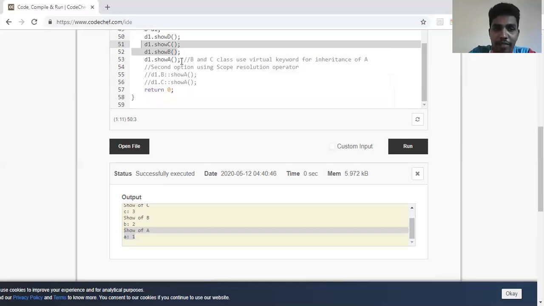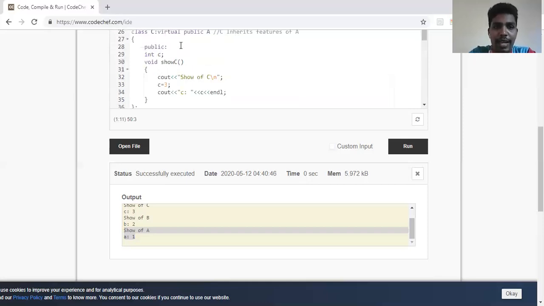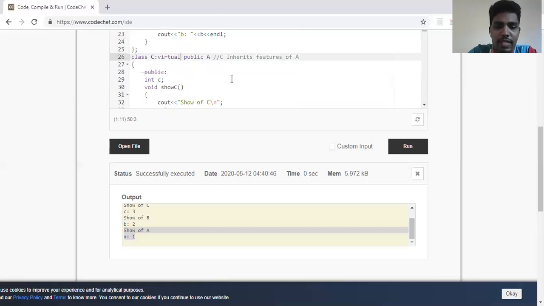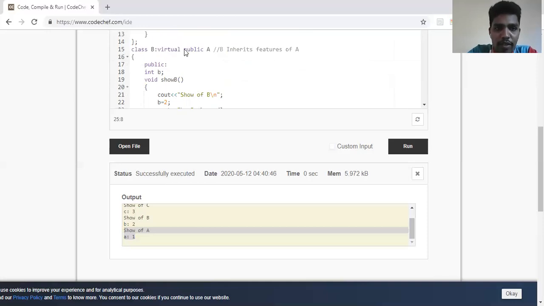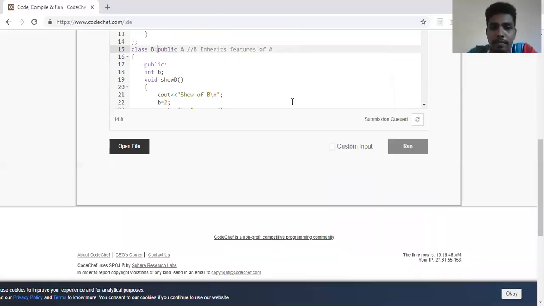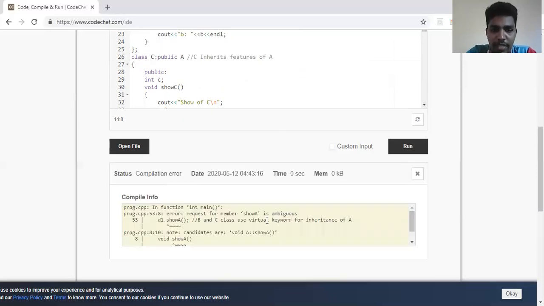Now we'll see, without virtual, will it give me the answer? It will not give me the answer. So once again, we'll see whether it is giving the answer or not. I've removed the virtual keyword from both B and C. Now if I run, it throws an error. Ambiguity. Because D doesn't know, you can see here, it is ambiguous.